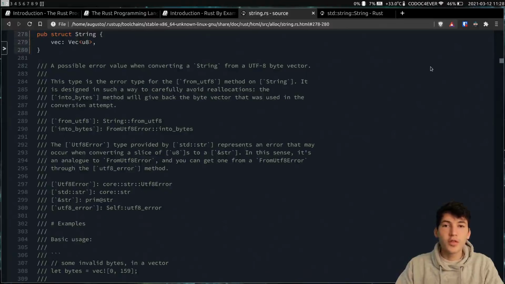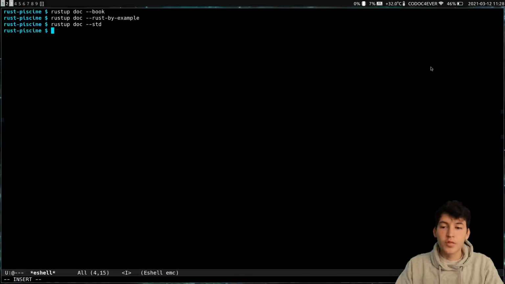Now let's see how to run, create and check your Rust code. Rust comes with a built-in tool to manage projects. The name is Cargo. In this piscine, we're going to ask you for two main kinds of exercises: programs and non-programs. When we ask you in the subject to submit a program, you have to create it by using the command cargo new and the name of the exercise.